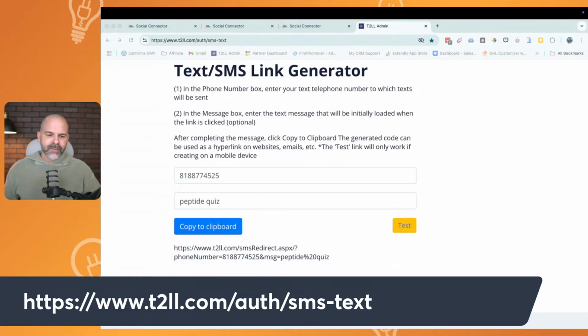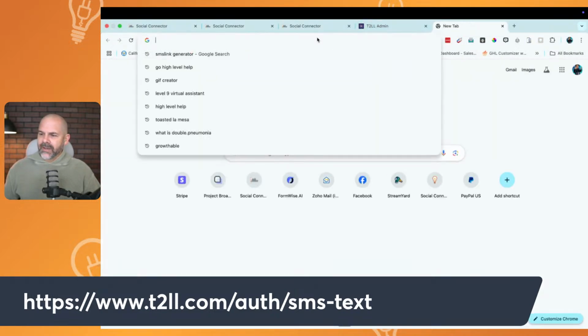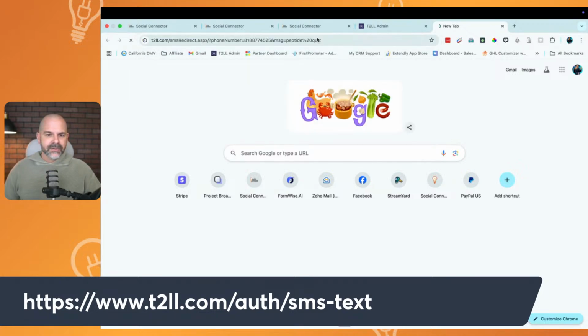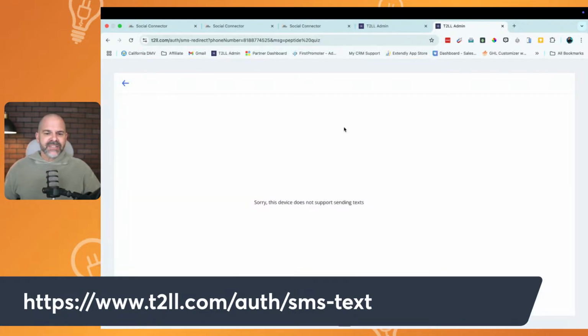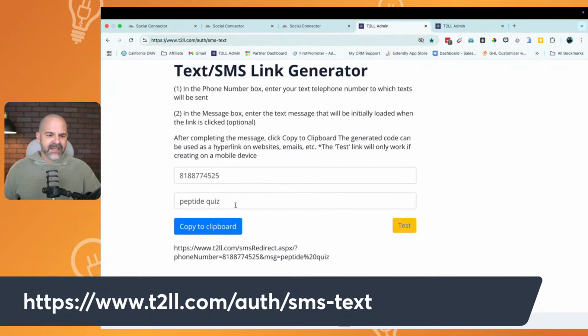I don't know if this will work for me right now, but I'll try it. I'm going to copy this to the clipboard, open up a new window and paste it. It may not work because I'm not using a phone. I'm on my computer. So it does not work here because it won't open the text on my computer. But if I were on my phone right now and I typed that in,